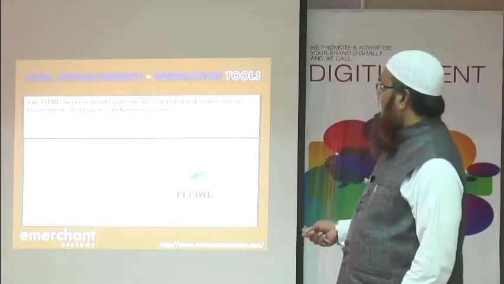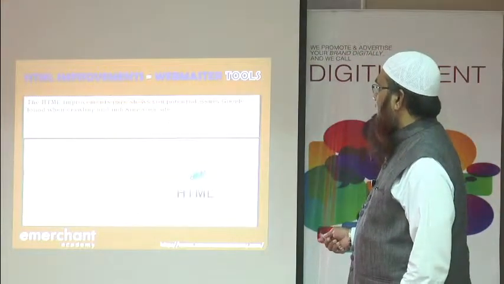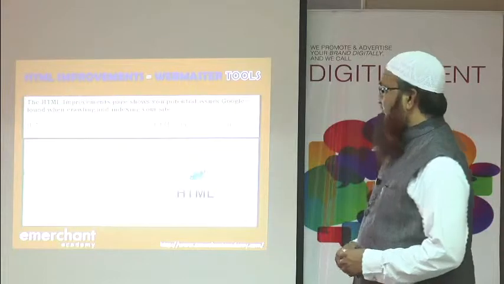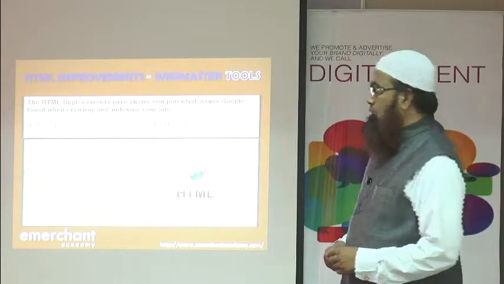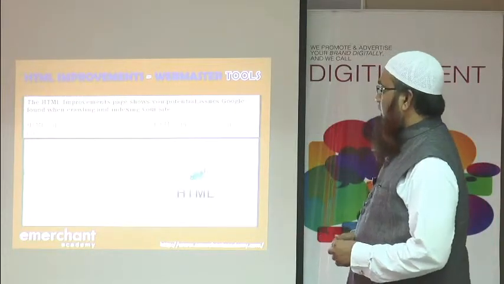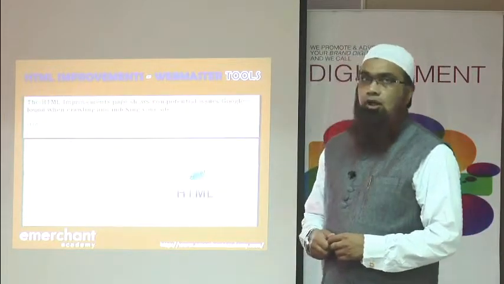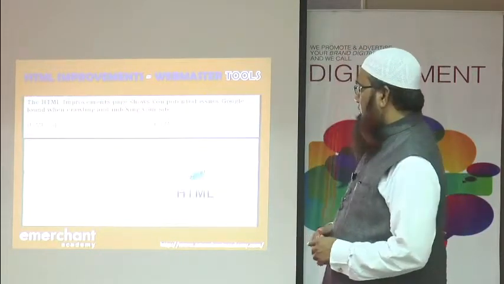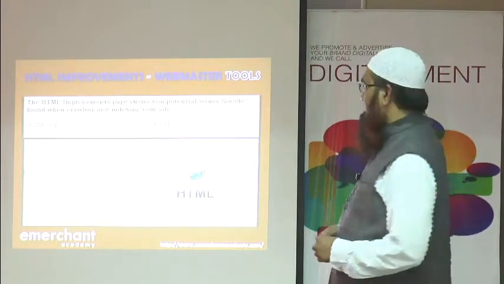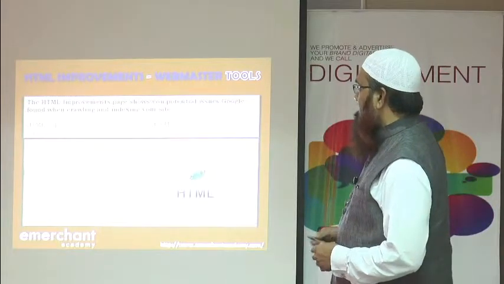So we are going to look into the HTML optimization factor. Let's look at improving HTML. These are the aspects that we need to look into for HTML improvement. HTML optimization is going to help us make the code search engine friendly, and once we do it and submit it back, of course there will be weightage given and we can improve.